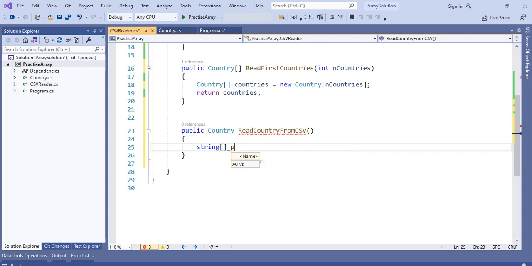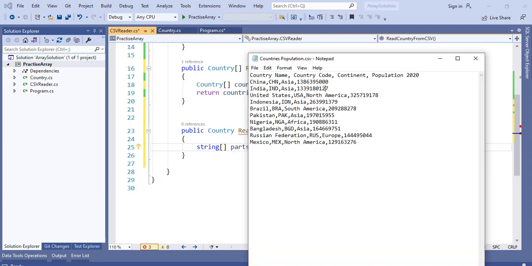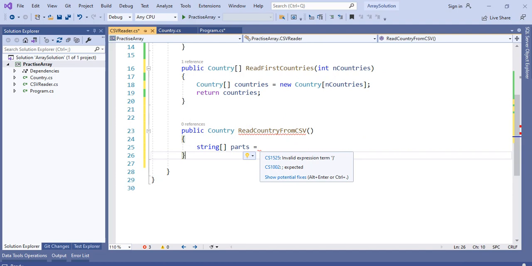parts. So firstly, we want to separate the values by comma. So I use the split method, which comes with the string type in System. I use string parts equal, then CSV reader, sorry,